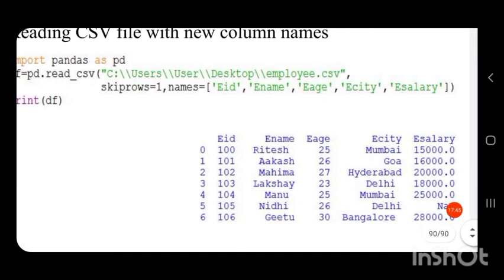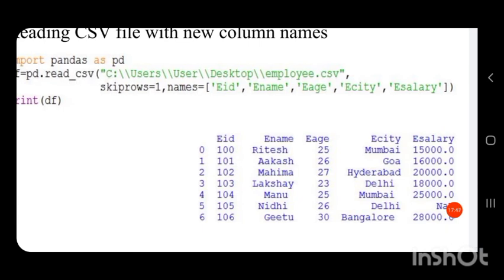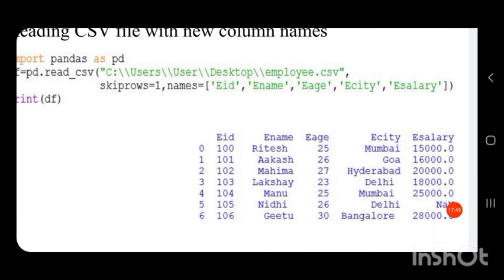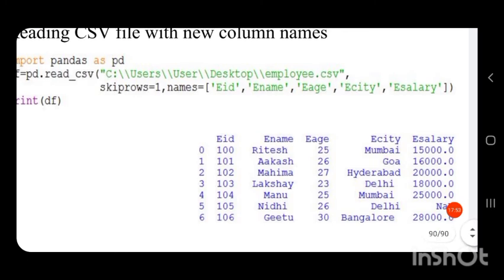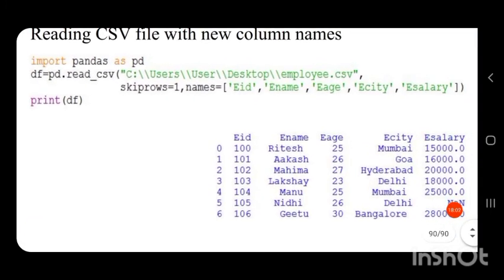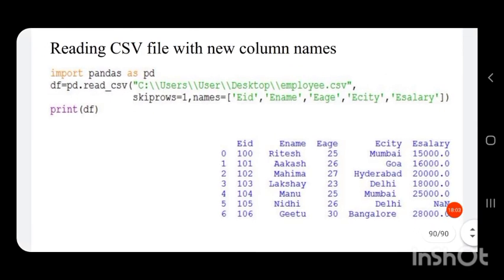So here, if we change all these, the CSV file will not be affected, but only what is displayed in the data frame will be changed. In the CSV file no change will take place; whatever change we make affects only the data frame which we see.